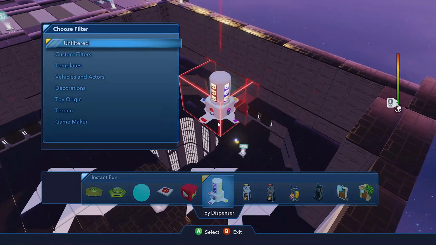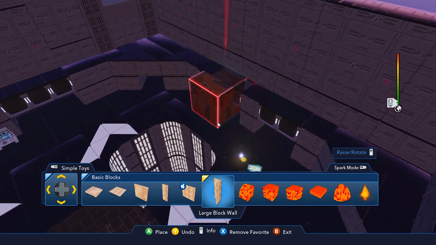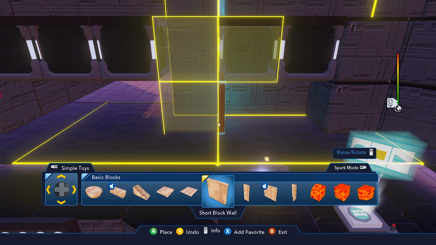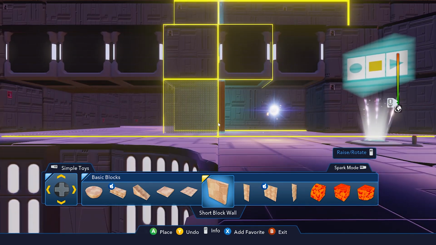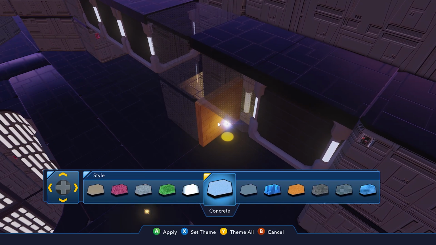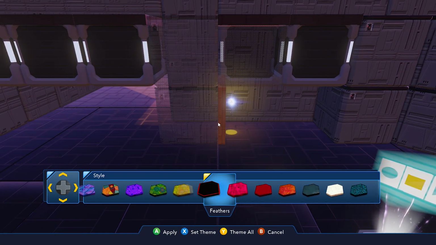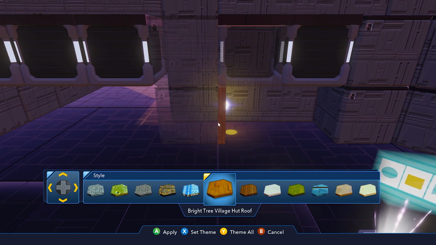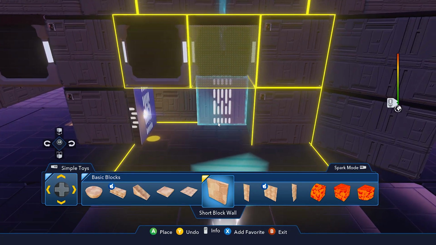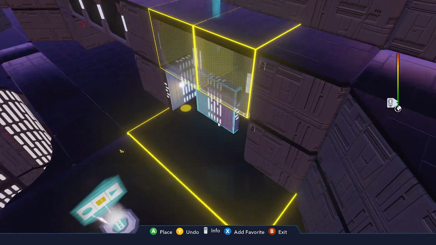All right, now how are we going to do this? Simple toys. Do the block walls. Now, if we do the block walls like this, I'm going to set my theme to the Death Star grid panel. The lights. We definitely need to go back here, okay? So that's a given. So let me move this out of the...